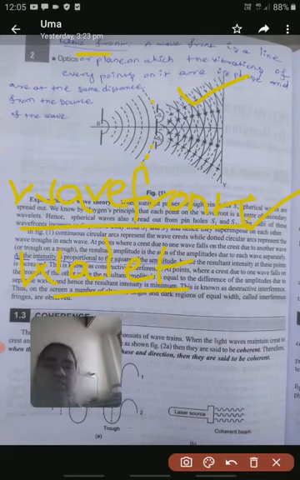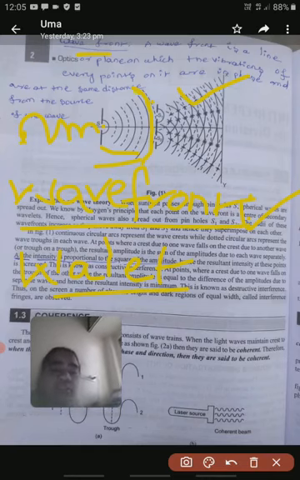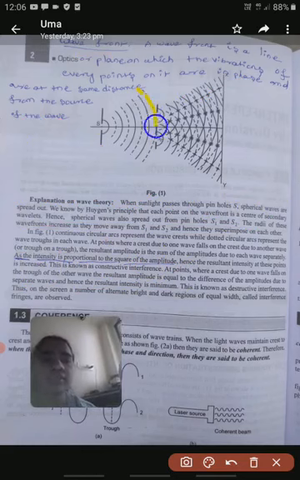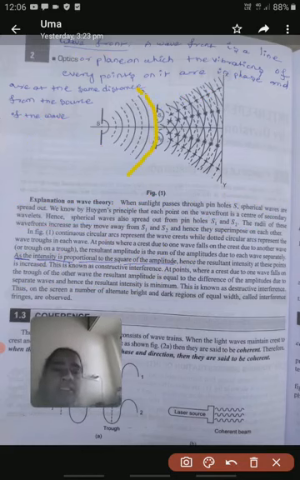Actually, this is the source, sunlight. Sunlight is incident on this S, and it produces spherical waves. Similarly, this line also behaves like a source. All points on this wavefront behave like a source, and all vibrations are in phase. The points on this wavefront have the same properties, so this wavefront behaves like a source.